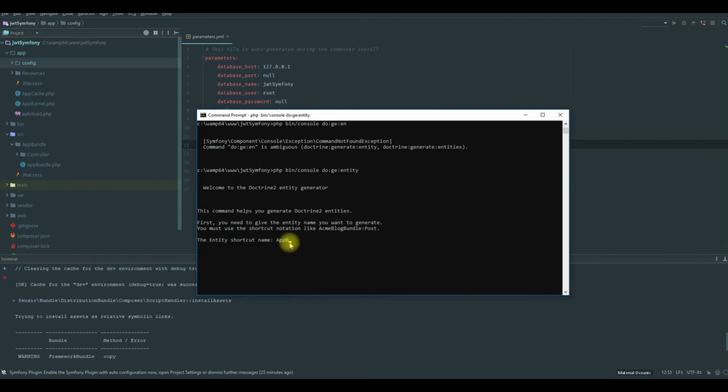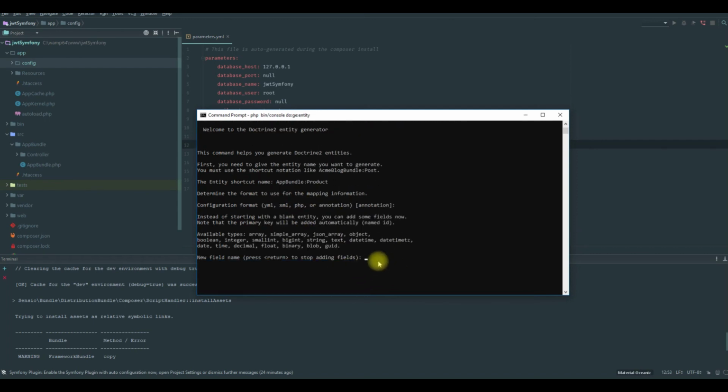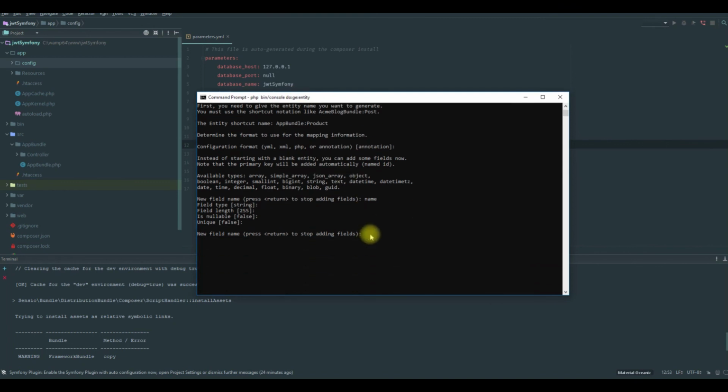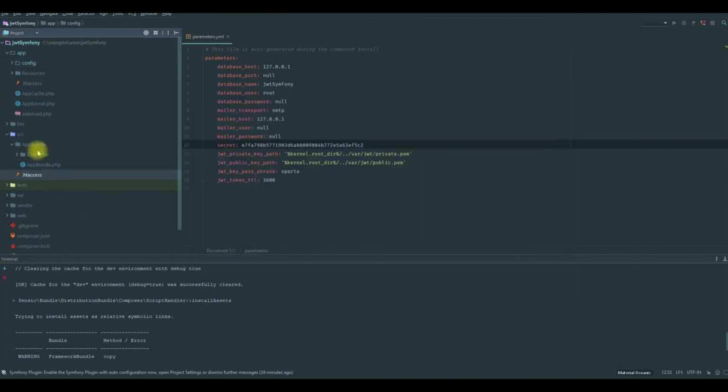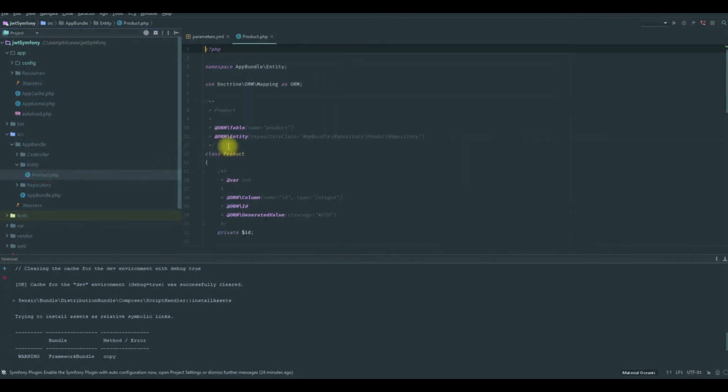So we're gonna create it in the app bundle that defines the product. This is our entity name. We will use the annotations. Fields, we will just create the name field of the entity product. Should be string, 255, and false, and that's it. So now we will have the product entity here,